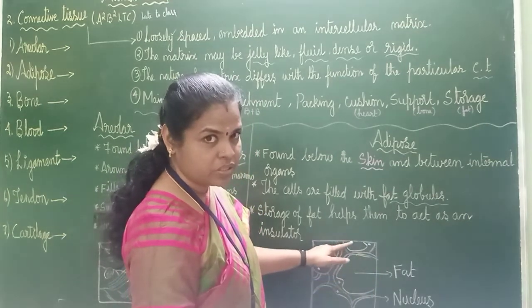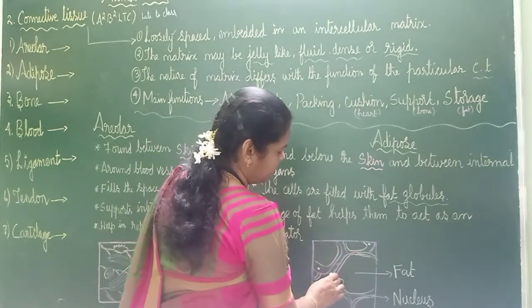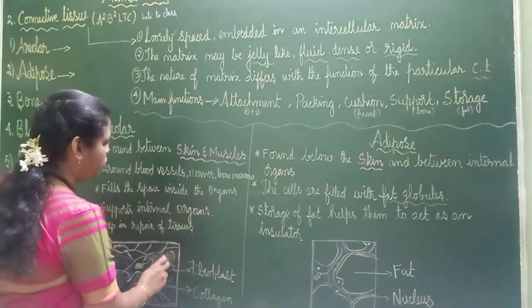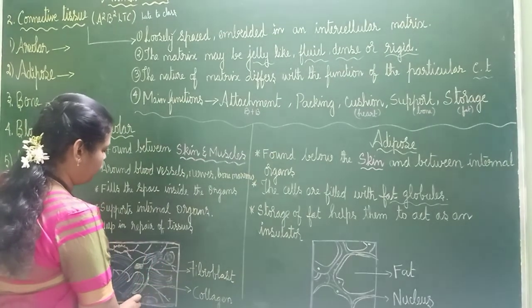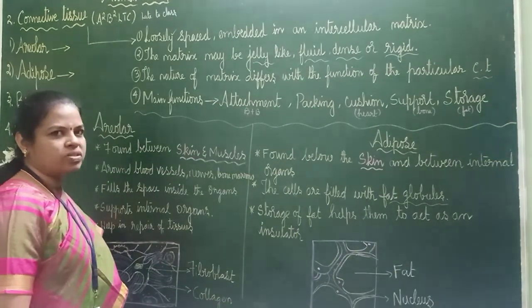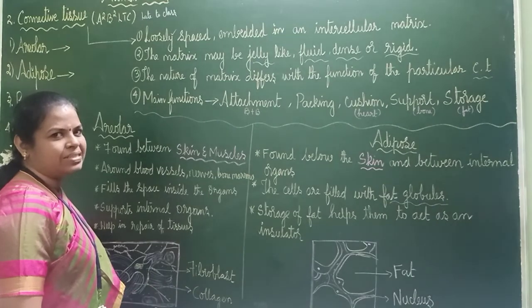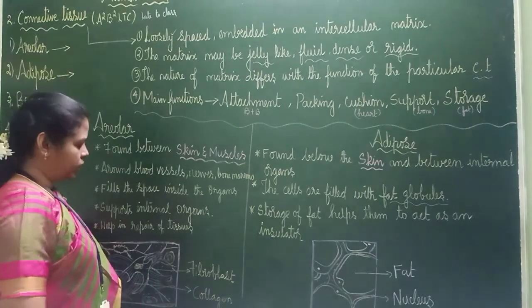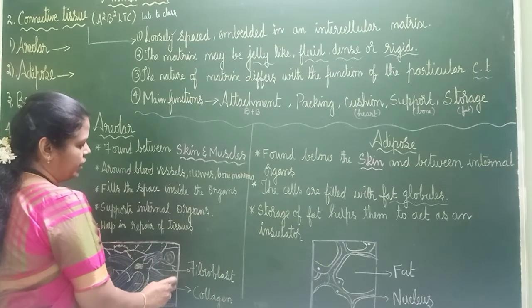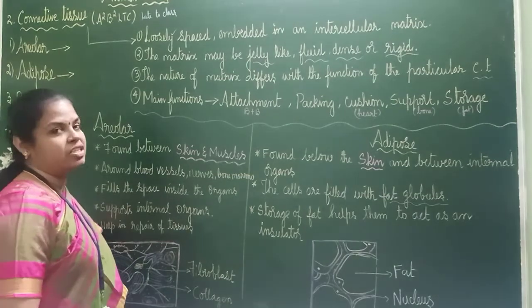Fat will be deposited. See, this is one cell, and in between what is there? Matrix. Okay. Here also, in between what will be there? Matrix will be there. What did I tell? Matrix. Matrix means, when you were studying the cell, you used to study cytoplasm. Same like that, here also the matrix is similar to cytoplasm. So these things will be there, but in between, like cytoplasm, what will be there? Matrix will be there. Okay.